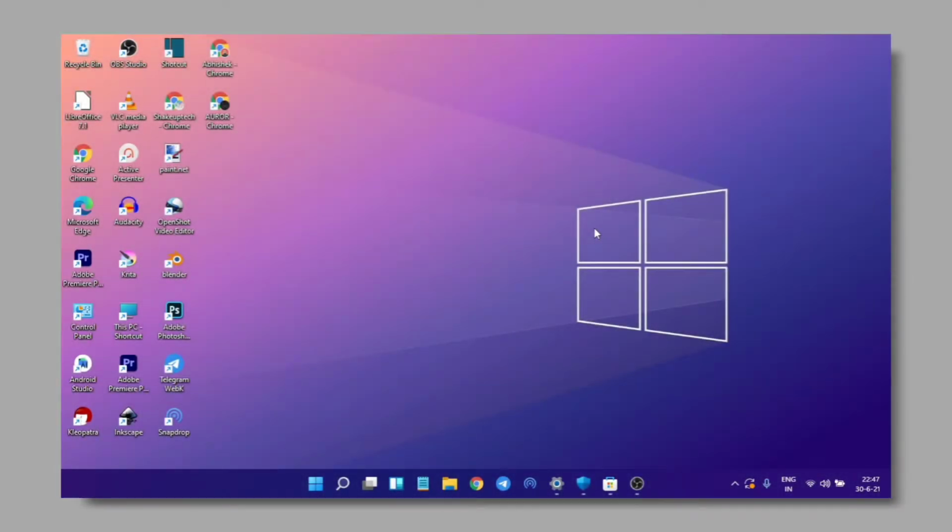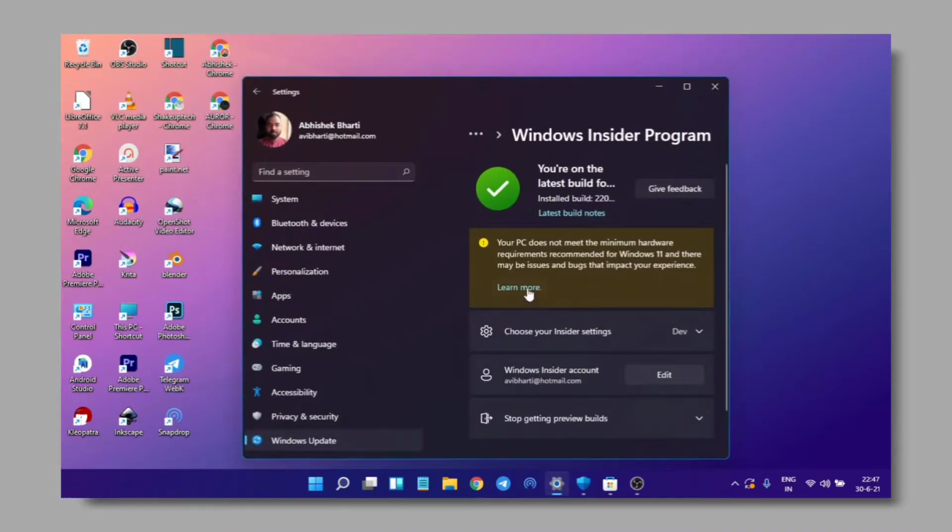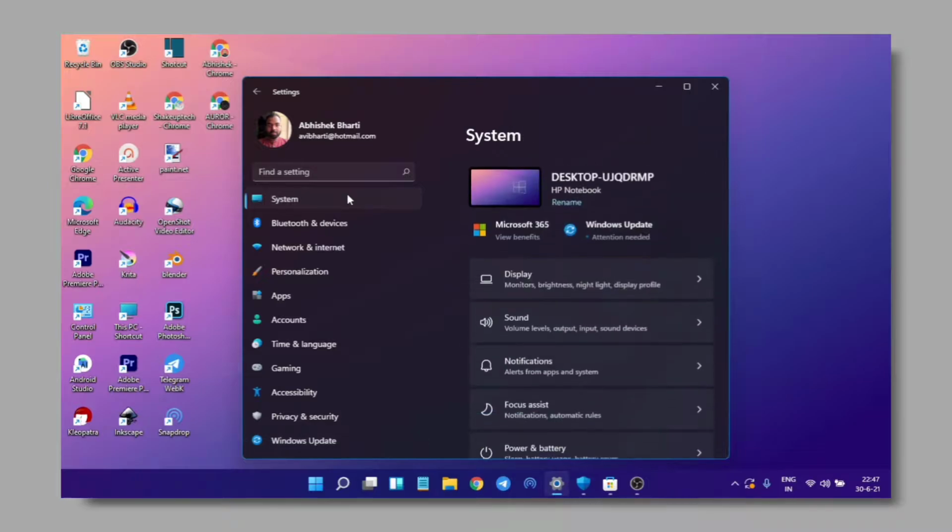So I made a video about how to install this Windows 11 yesterday, and I said that I will be making a complete walkthrough after I've used it for a couple of hours. So now I'm going to show you what has changed and how good it is. It's the official one. And for now I think it's been performing really good.